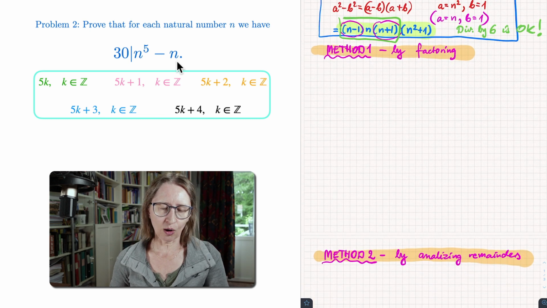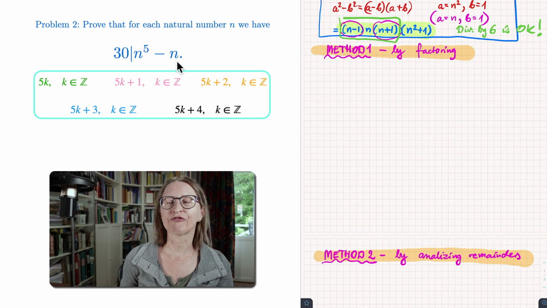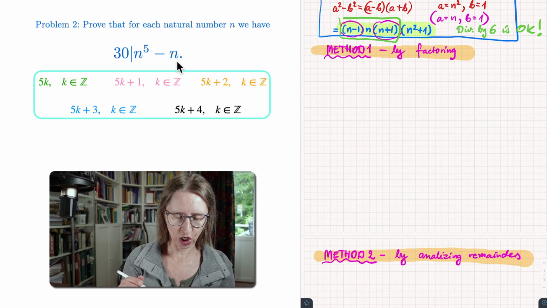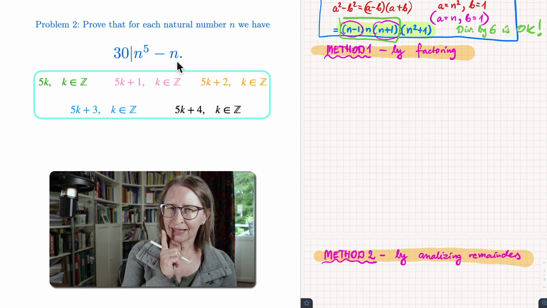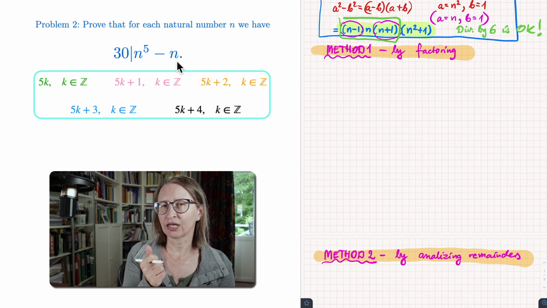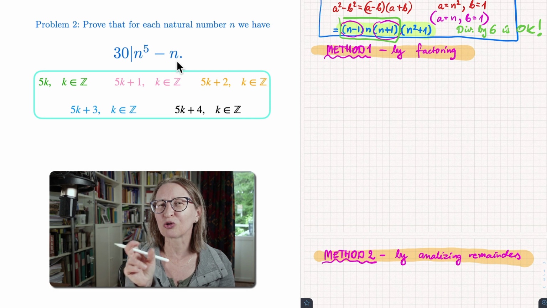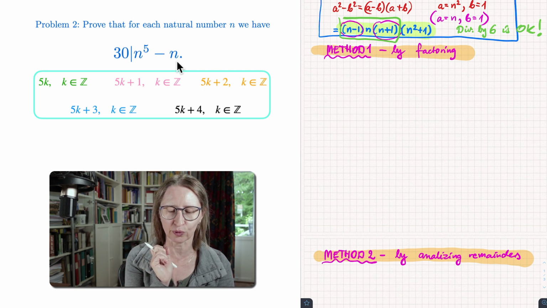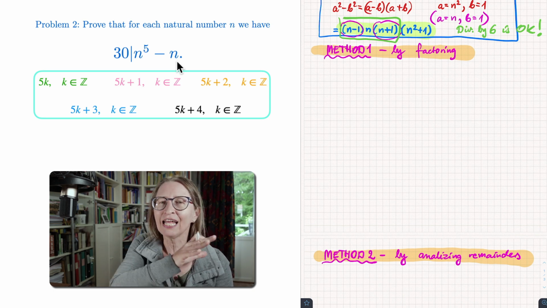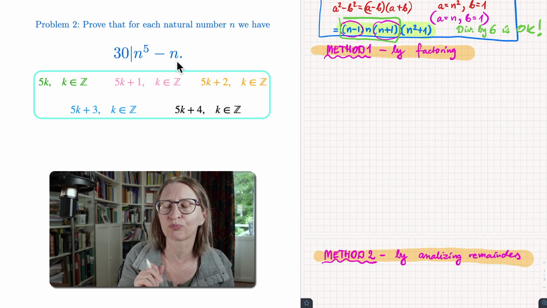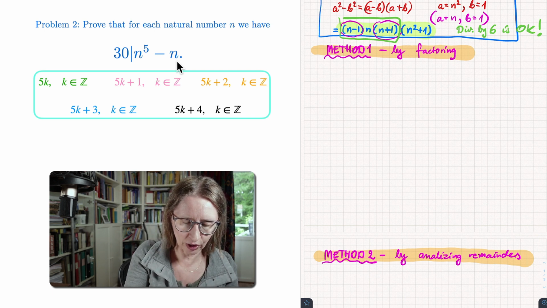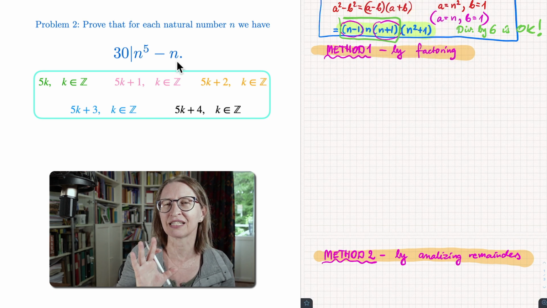Okay, so now my first method will be by further factoring my number. You see, I know that every fifth integer number is divisible by 5. But I have here 3 consecutive integer numbers, right? n minus 1, n, and n plus 1. And it would be really cool to have 2 more which stand next to these 3. Which would they be? It would be n minus 2 and n plus 2. Let's have a look, maybe in another color to make it clear that it's kind of a